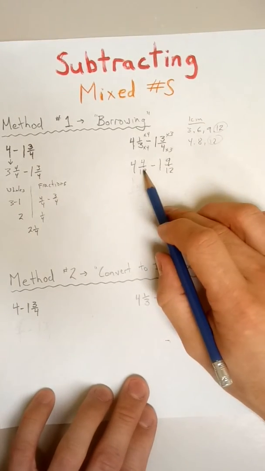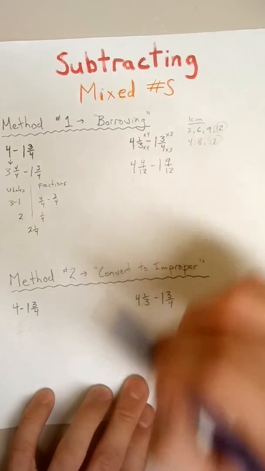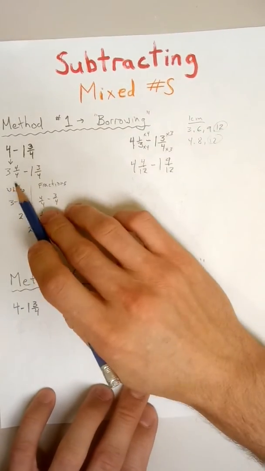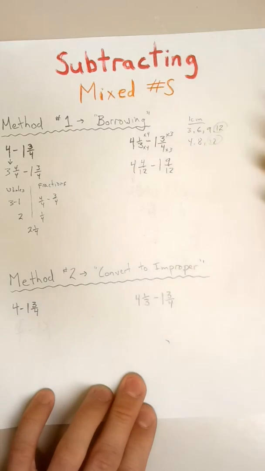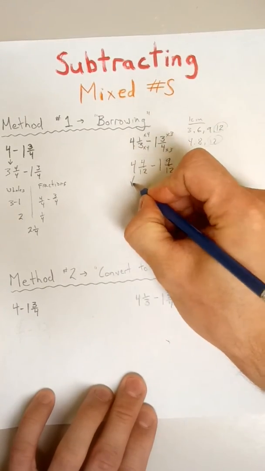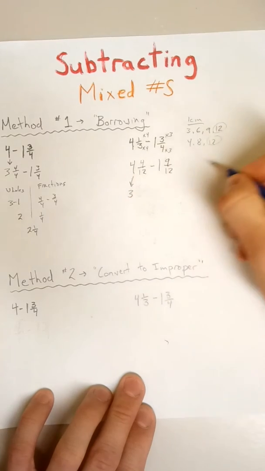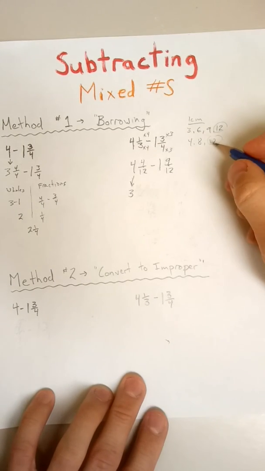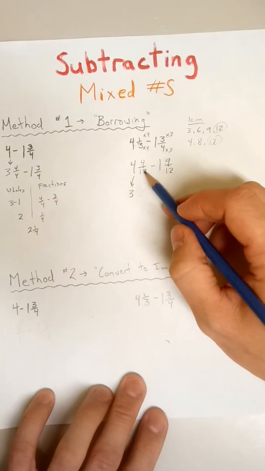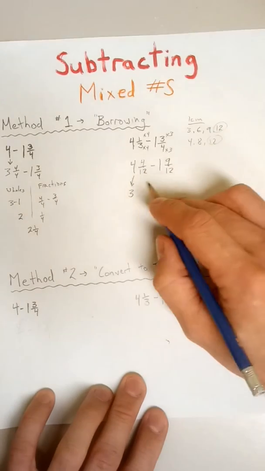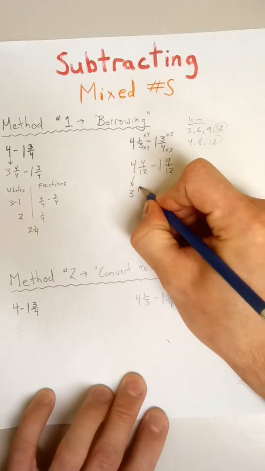Now I can't subtract 9/12 from 4/12. So what I'm going to do is the same thing I did over here. I'm going to borrow a fractional whole from this 4. So instead of 4, I'm going to write it as 3 and a fractional whole. What denominator and numerator should I use for that whole? Well, let's use the same denominator as we have chosen above. So this will be 3 and